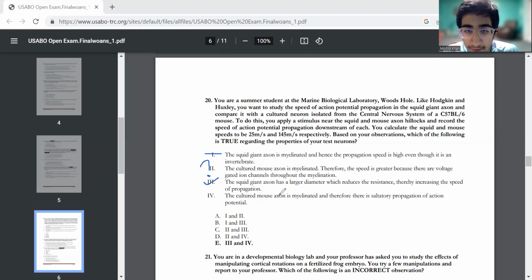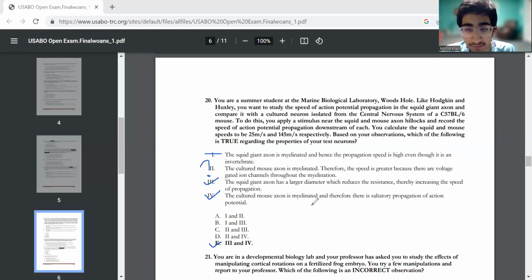And then the cultured mouse axon is myelinated. That's true. And therefore, there's a solitary propagation of action potential. That is 100% true. So, okay, well, even E is bolded, but yeah, E is the one that makes the most sense. Here, the key was knowing what is saltatory